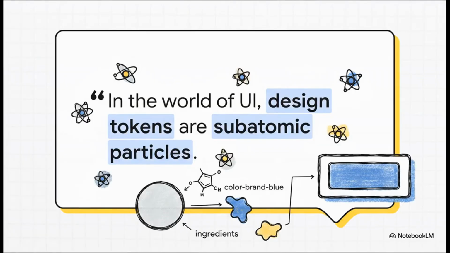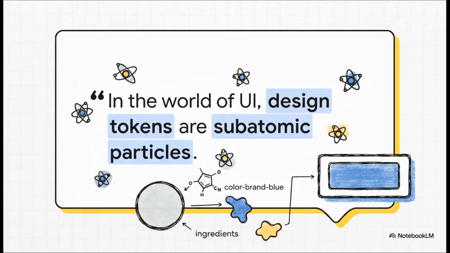Brad Frost, the creator of Atomic Design, hit the nail on the head. He said, in the world of UI, design tokens are subatomic particles. They're literally the foundational ingredients of our apps. A token like color brand blue is a vital piece of our UI, but on its own, it's just an ingredient. It needs to be applied to an atom, like the background of a button, to actually come to life